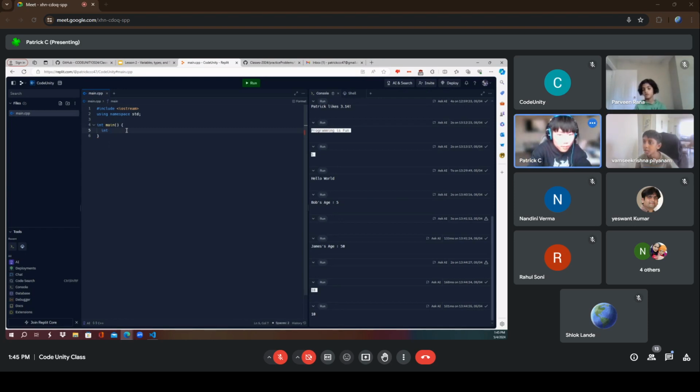I don't know why, but when I just clicked int, I didn't do anything else, and now it's showing me a equals 5. If you just type in int like this, you will get an error.